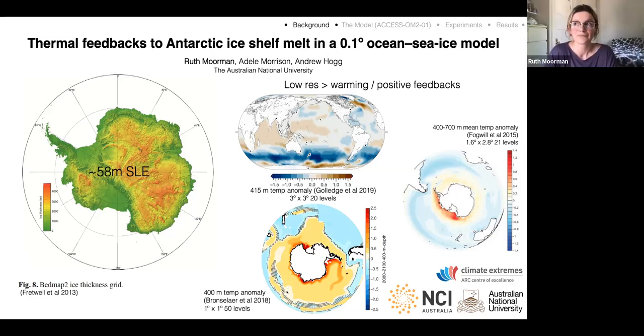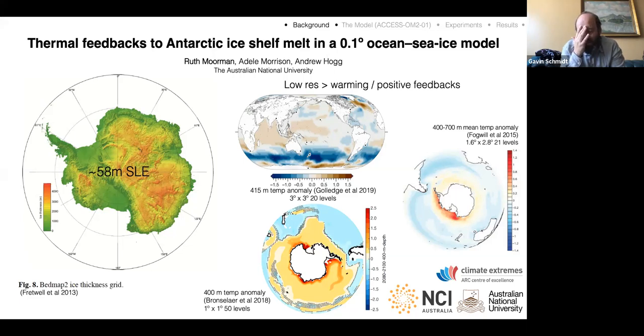Yeah. Now, in Antarctica, if it's a lat long grid, then you're doing a slightly better job in Antarctica, right? So is 0.25 sufficient in Antarctica, but not sufficient elsewhere? Or do you think